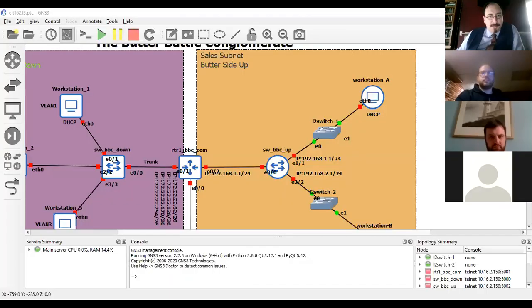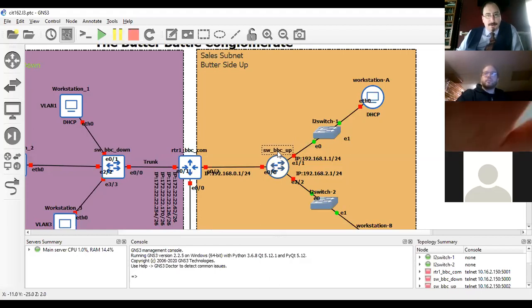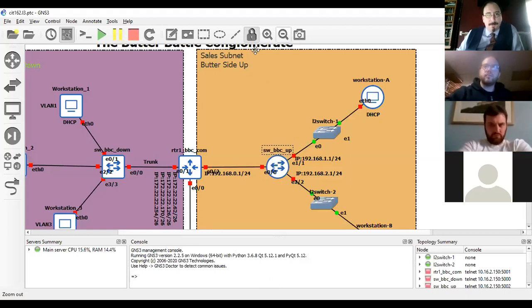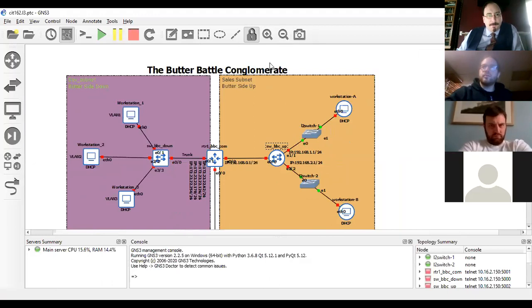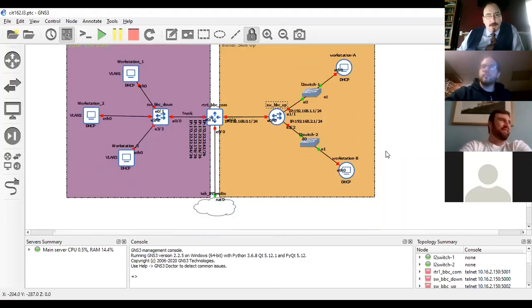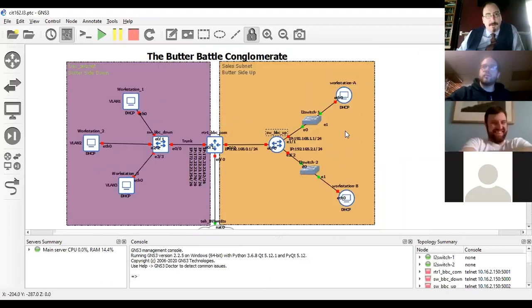There you go. You should see my GNS3 screen now. And if you look, I don't want to change documentation. I thought I locked everything. Let me zoom out here. As you can see, what we're going to do in the lab is, by the way,